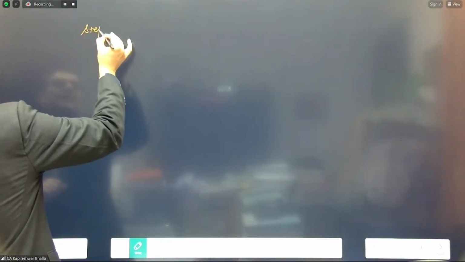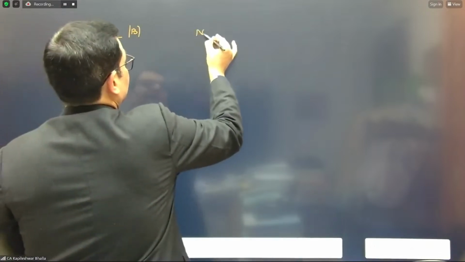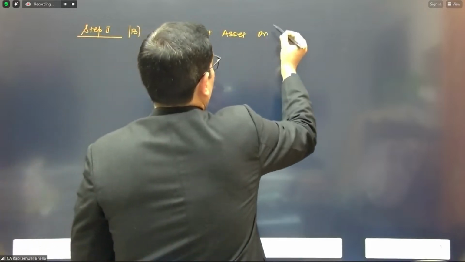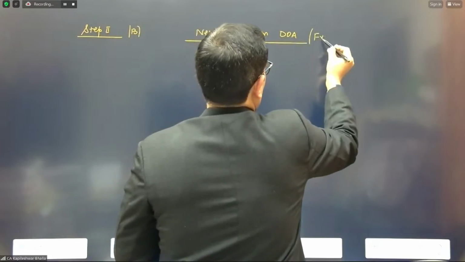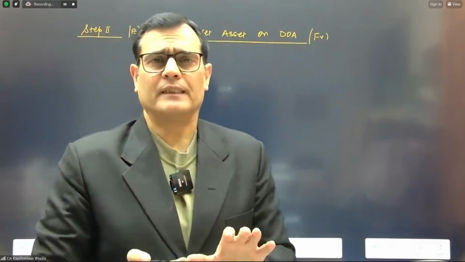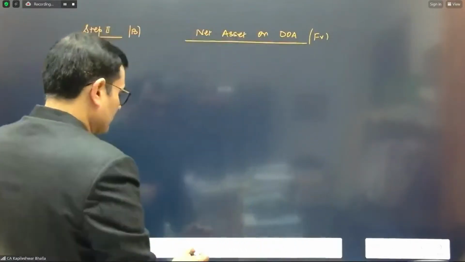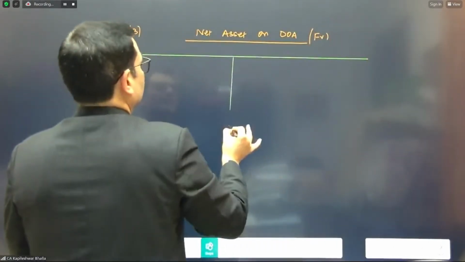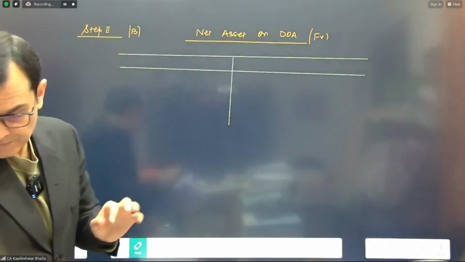So now we go to the next step, and that is step number 2B, in which we need to calculate the net assets. We need to calculate the net assets on date of acquisition, of course, at a fair value. Now, in any case, fair value adjustments are not given. So we're going to take the total of the share capital and the pre-acquisition profits. So let's organize this as well. So let's do this for both the companies. We need it for both middle as well as the bottom company.